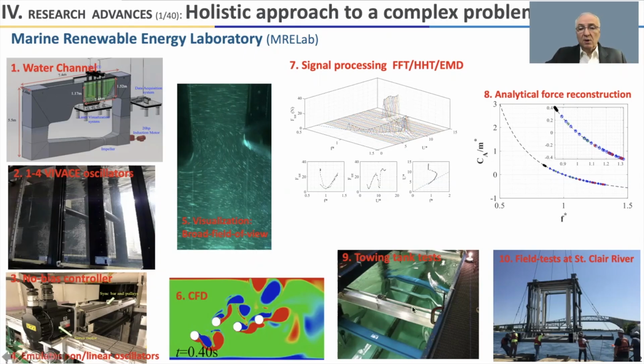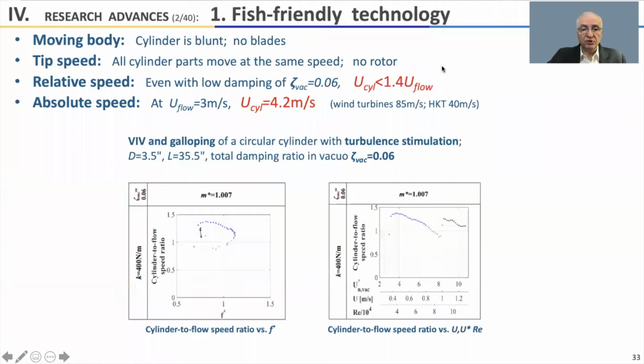vortices. Down the hall, 200 feet, we have a good towing tank where we conduct experiments, and about an hour away from Ann Arbor, we have the St. Clair River, and we conduct field tests. Last year, by revealing the eigenrelation at the interface between fluid and structure, we managed to get analytical expression for the forces which are needed in controls. And finally, of course, we're doing extensive signal processing using fast Fourier transform, Hilbert-Huang transform, empirical mode decomposition.